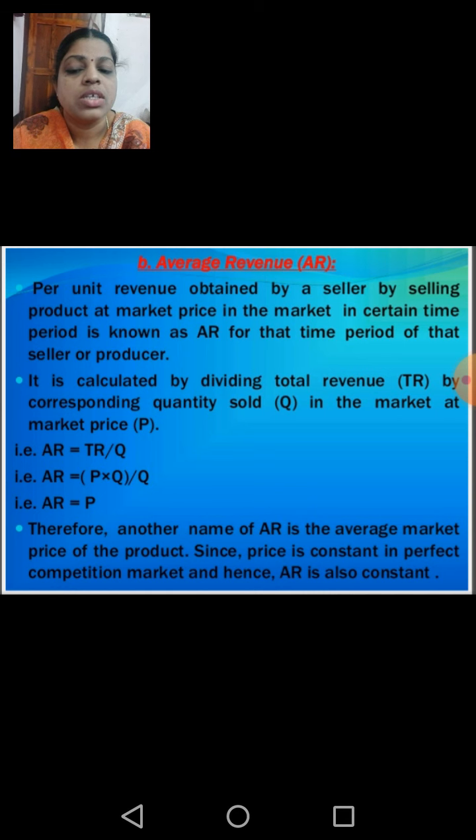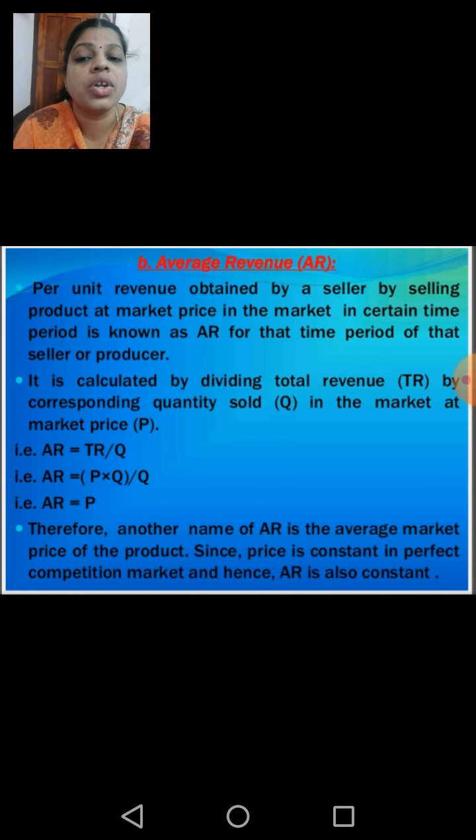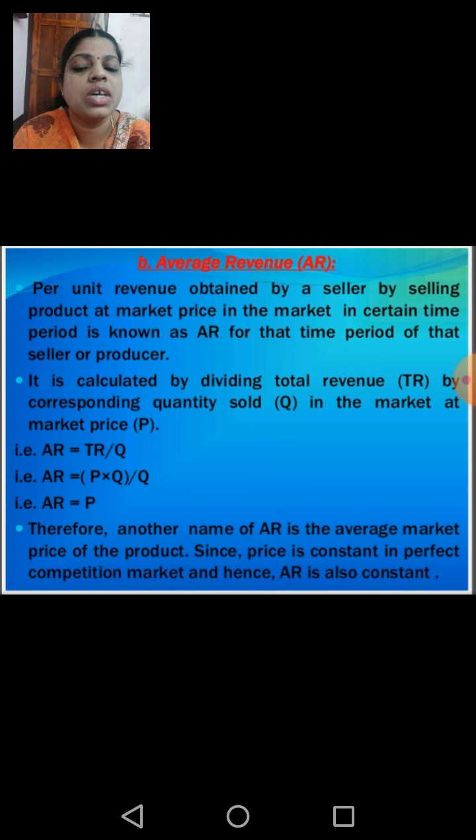Yes. So total revenue, we know that. What is the total revenue? How to calculate the total revenue? Yes, price multiplied by its quantity. Isn't it? So P into Q divided by Q means the Q will be, yes, both in the denominator as well as the numerator, Q is there. So both will be cut off. And what is remaining? P. So this is the way how to calculate the average revenue.